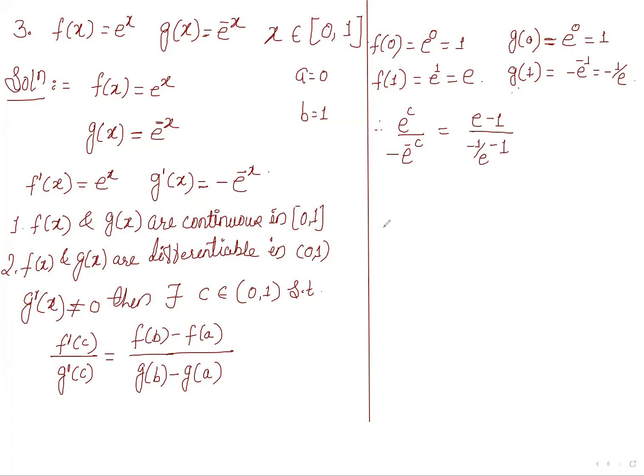Now simplify it. Minus e raised to minus c divided by 1 upon e raised to c is equal to e minus 1 divided by minus 1 minus e divided by e. So here we are getting that 1 upon e, then e raised to 2c is equal to e into e minus 1 divided by,